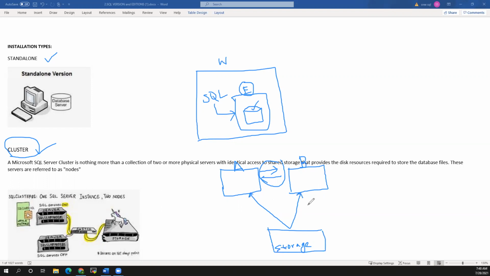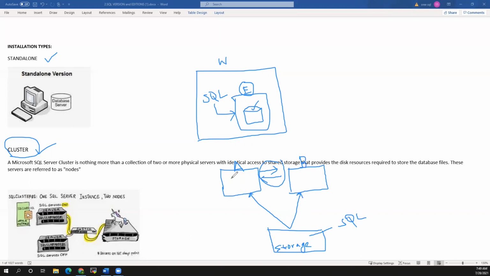Whatever our database files were there, those SQL database files will be stored here. This is not on the server, it is somewhere else at a shared location. For layman's terms, you can think of it like a third server.